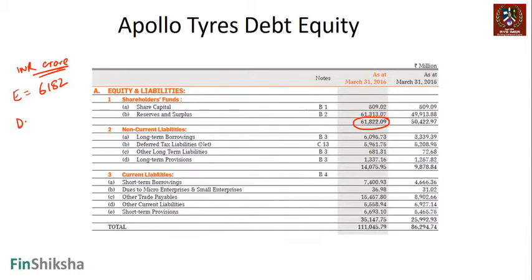And if I look at the debt number, long-term debt is 6095, and short-term debt is 7401, correct? So effectively 609 plus 740, right? That's what we are doing. So total debt comes up to 1349, correct? So effectively, if I was to look at the total capital, 6182 comes from equity, 1349 comes from debt. Total capital is 6182 plus